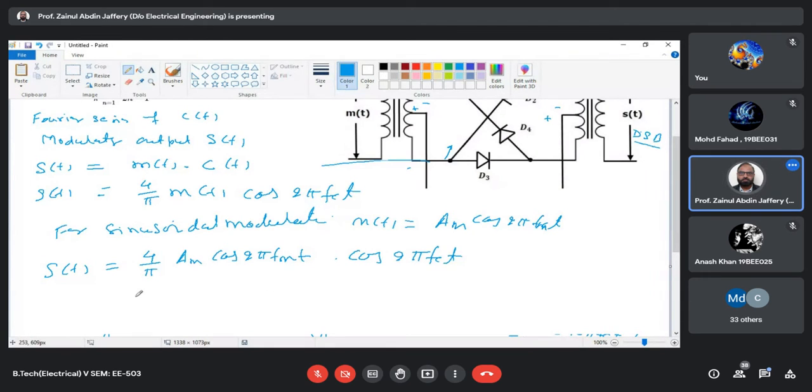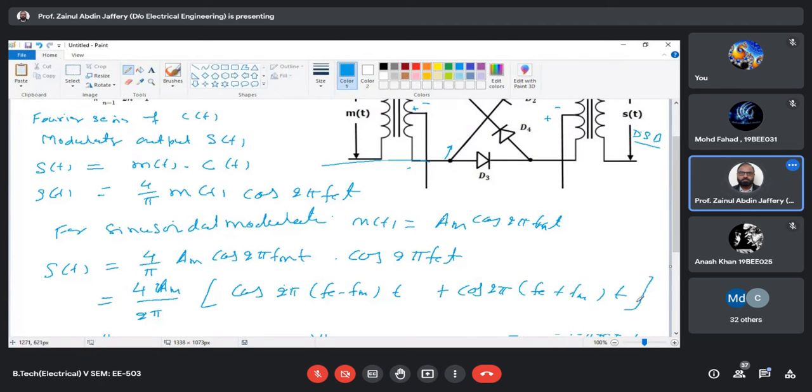So इसको आप जो है क्या कर लेंगे आप, so this becomes same, right. ये आपका जो है, so ये 4 AM बाई 2 पाई, और ये हो जाएगा कॉस 2 पाई एफ सी माइनस एफ एम टी प्लस कॉस 2 पाई एफ सी प्लस एफ एम टी, राइट।